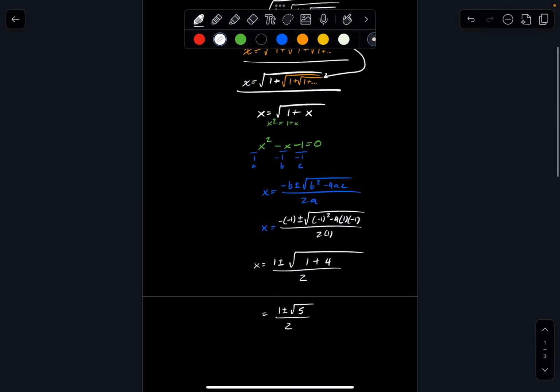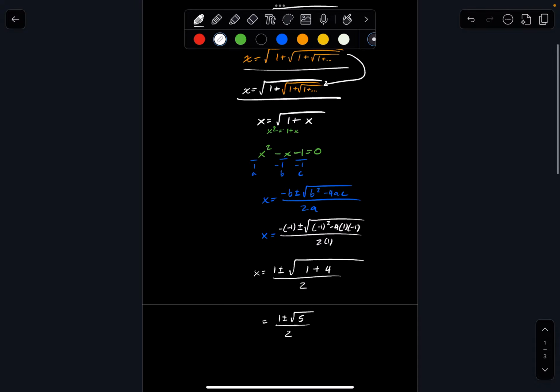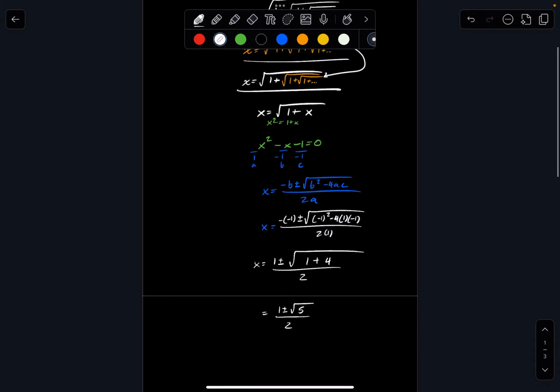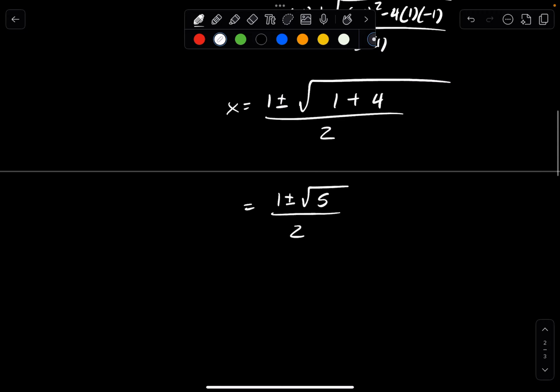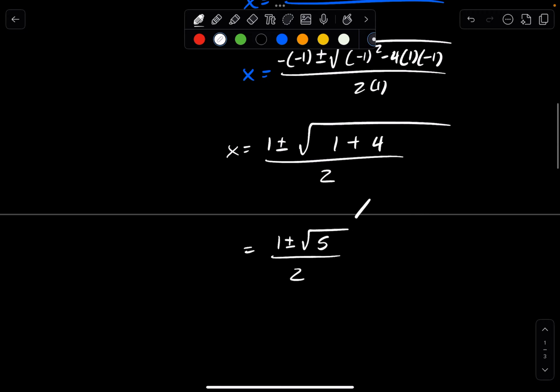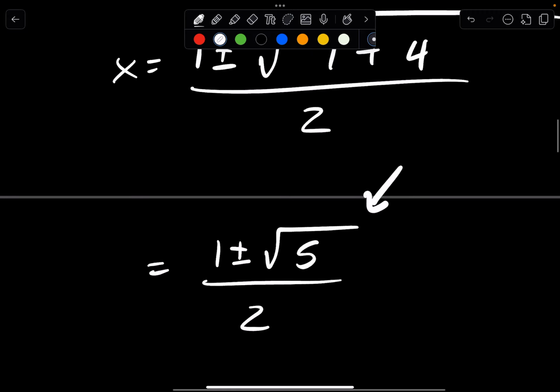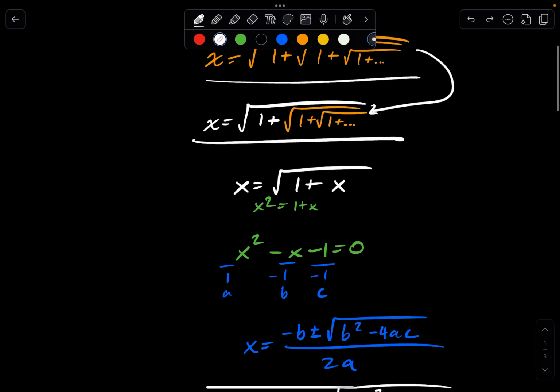Well, actually, there's a lot more to this answer than what you can see here. And it's a pretty cool number, which I'll get to in a second. But this is actually not the answer. You see, I included an extra solution of 1 plus or minus, but if we look at the original problem,